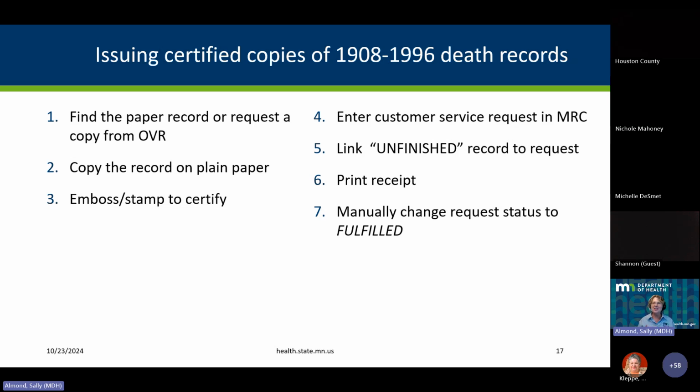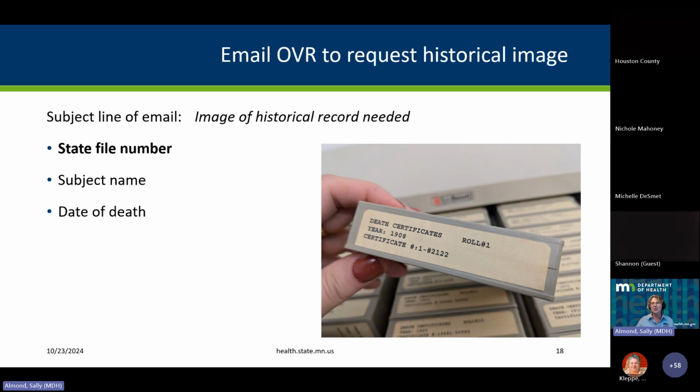OVR's goal is for customers to be able to request records from any location. And we're giving you permission to request a copy of historical records from us to provide the best service to our customers. The images that are supplied by OVR are part of the Minnesota State Vital Records System, just like the electronic records are. And when you request an image, please be clear about what you want. Help with the record may seem to describe your need, but that email isn't going to get to the right place. When asking for an image, send an email to